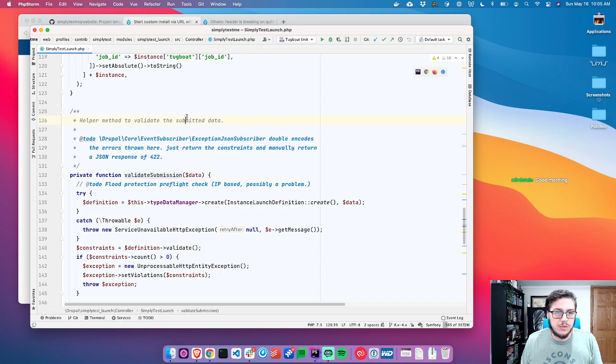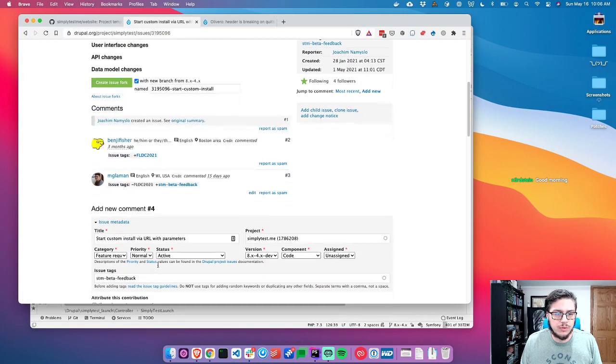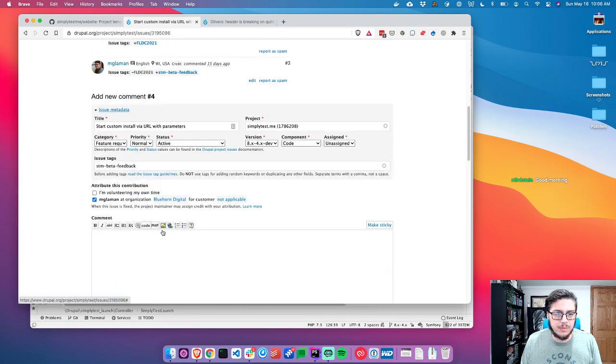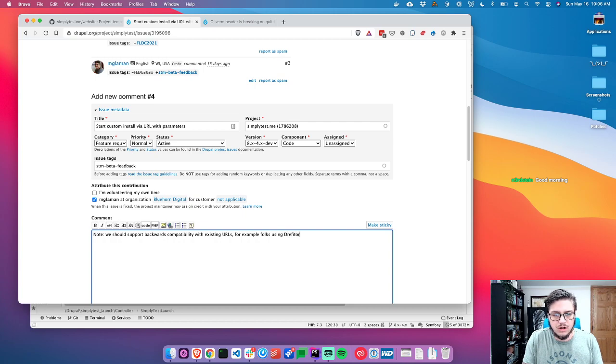So what we kind of need to do is allow supporting it being crafted via query parameters, or maybe a simplified version of it for query parameters. And we need to support backwards compatibility. Note, we should support backwards compatibility with existing URLs. For example, folks using Dreditor